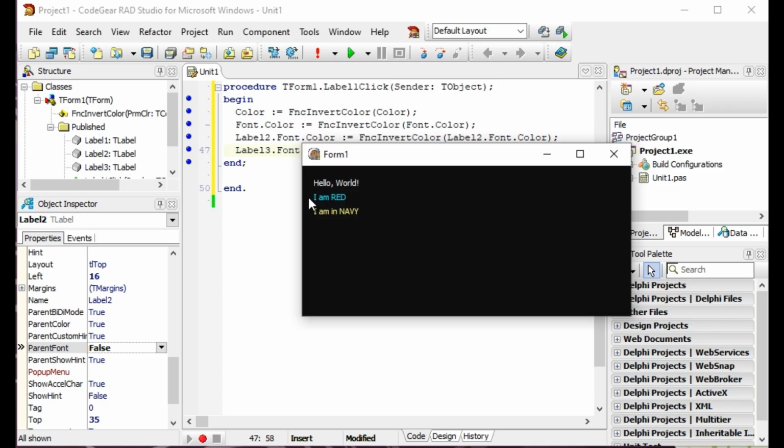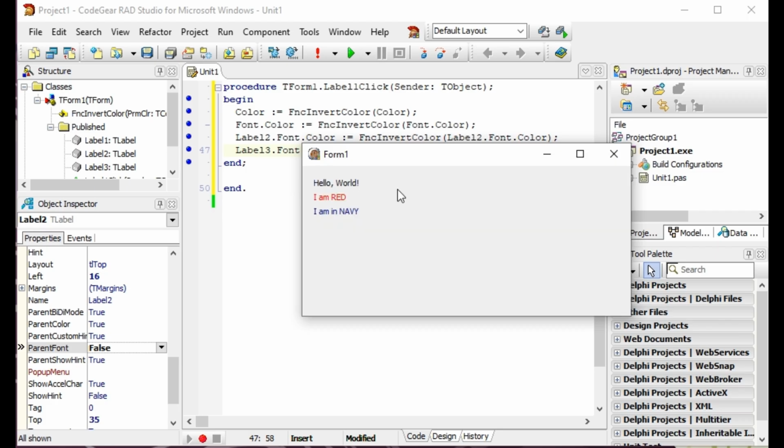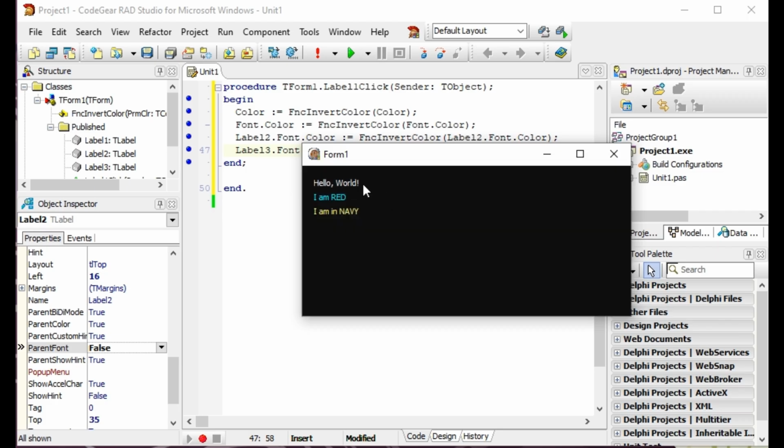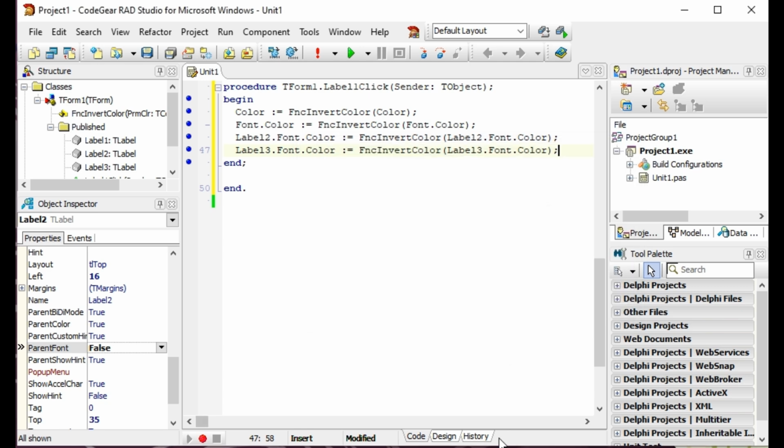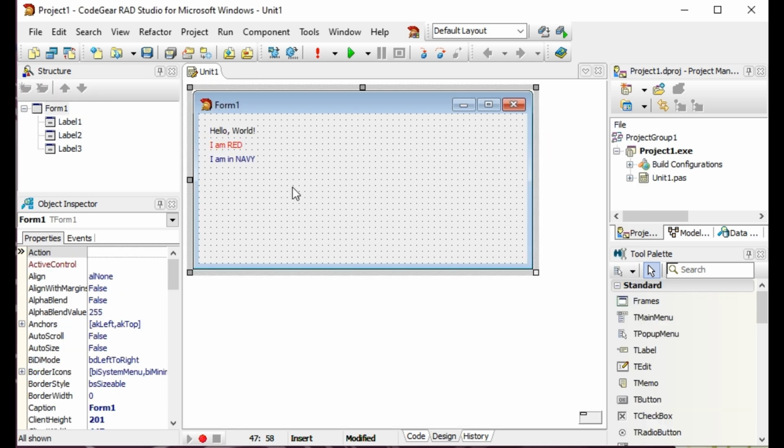See, the red becomes, what is this color, aqua or something, and then the navy changes to a yellowish color. Okay, now the basic way of doing that conversion is changing the color and the font color.